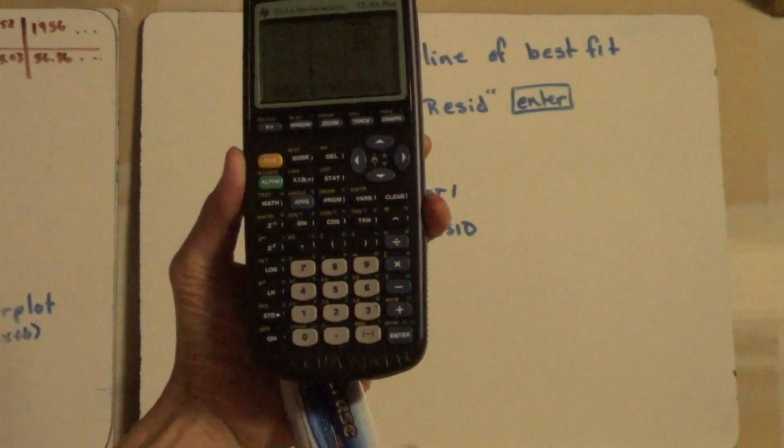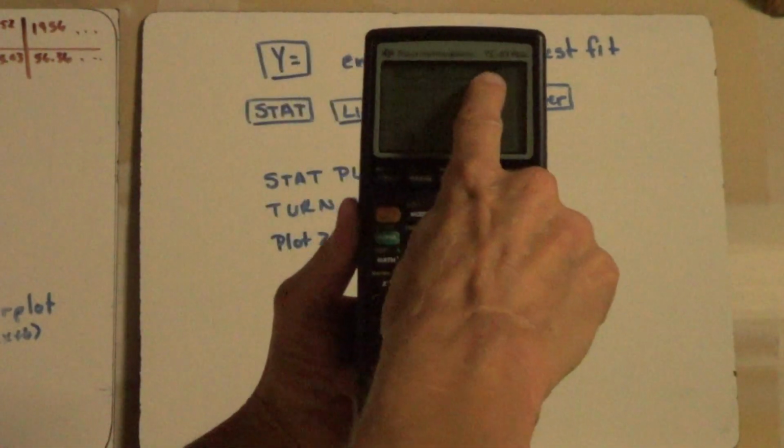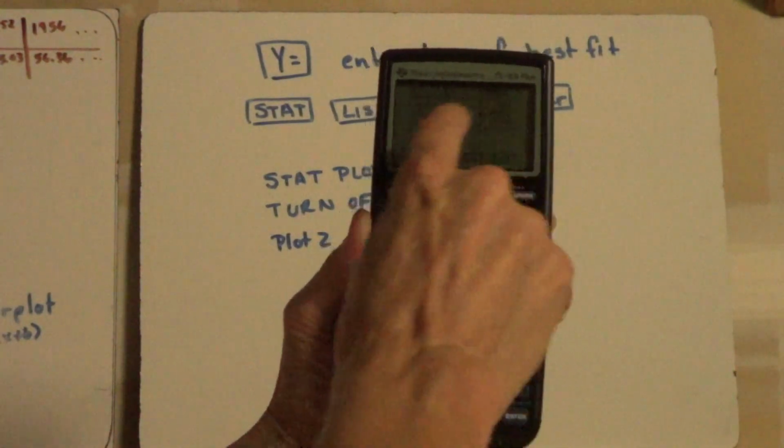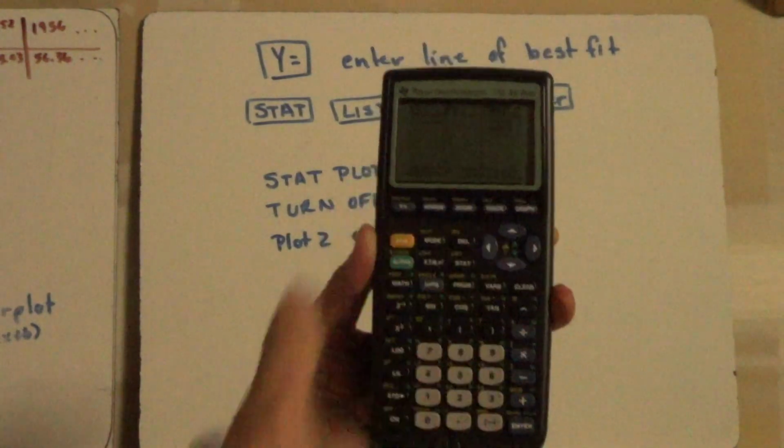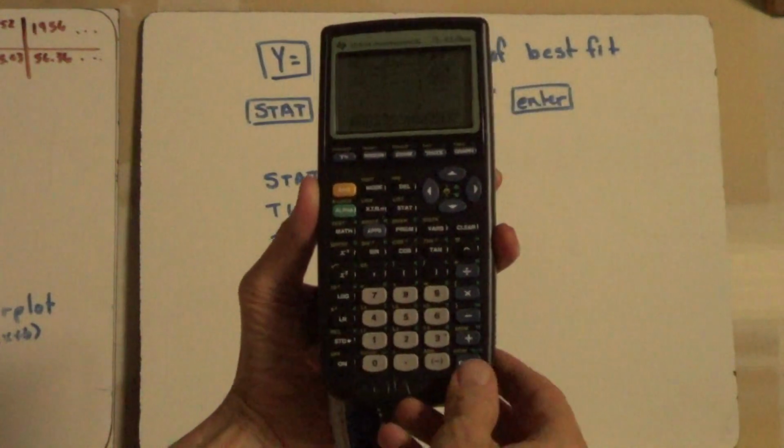Let me hit enter. Yep, and automatically, as soon as I get resid typed in up above, the calculator calculates the residuals. Okay, we hit enter,